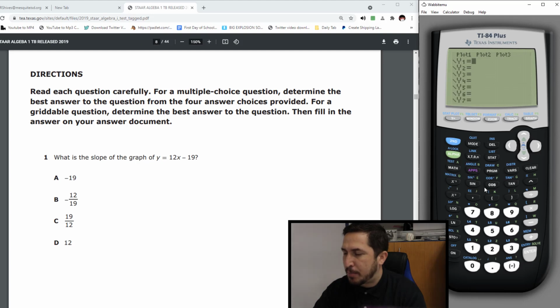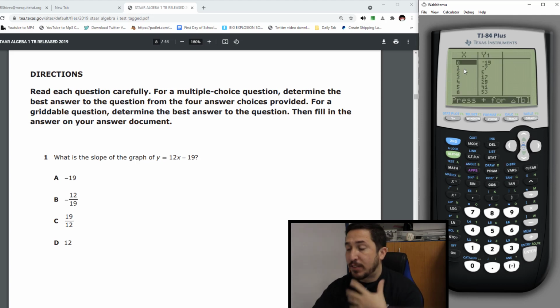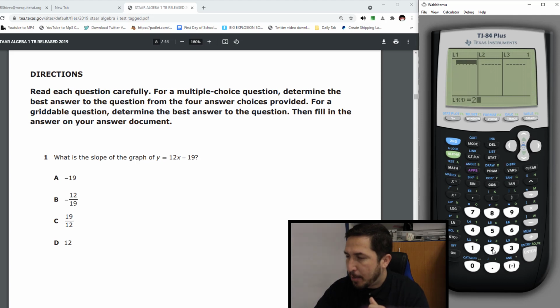So let me go back and put in my point. Ah, shoot. I forgot what my point was. The equation was 12x minus 19. I go second graph because I want to see it. I'm going to go 2, 5, 3, 17. So I hit stat, edit. Put my 2 there. Oops, not a 22. Hit enter. Go over, put the 5. Come underneath this 2, put a 3. Go over there, put a 17. Cool, I've got my 2 points. Now that's all you need to do when you gotta find slope. You gotta have 2 good points.